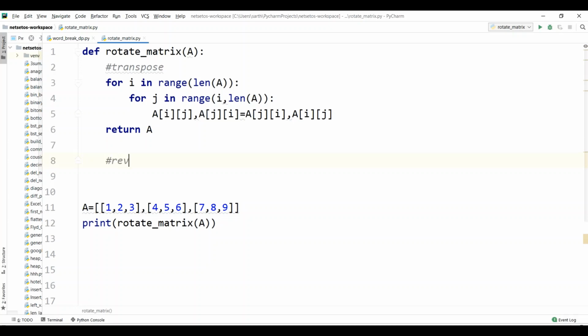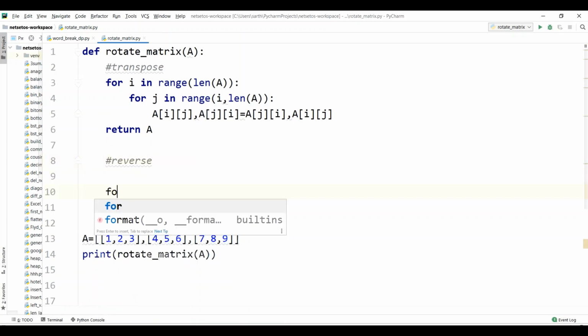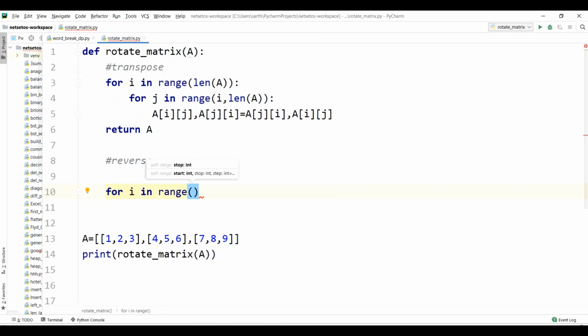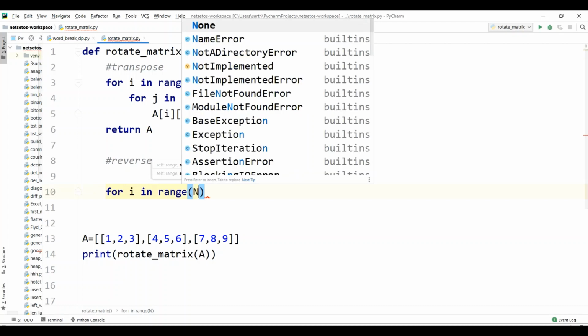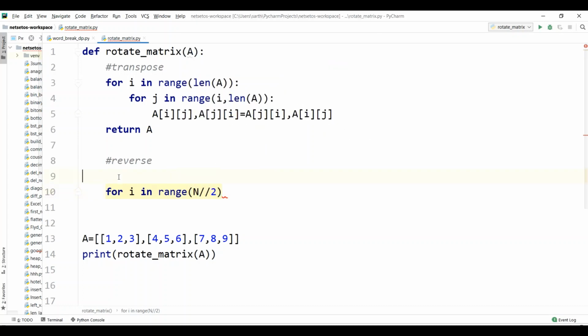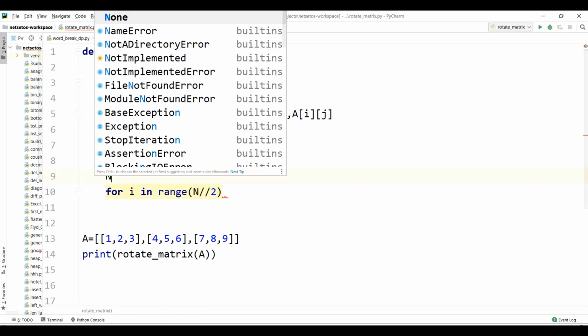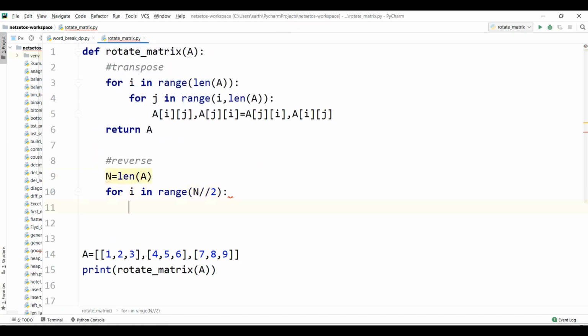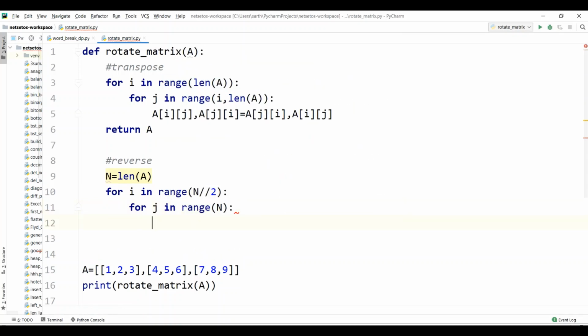So I'll write reverse, and here we will apply for i in range. This loop should work for half of the elements, so I'll write n by 2, where n is the len of A. Then we will apply for j in range till n, and then we will swap the element.